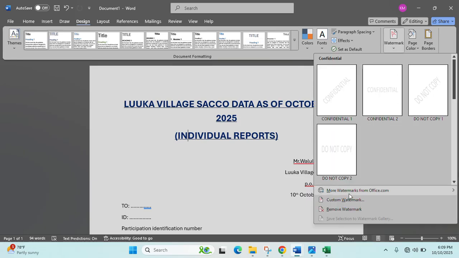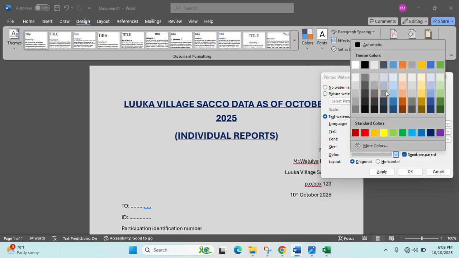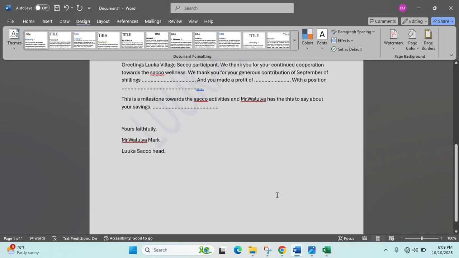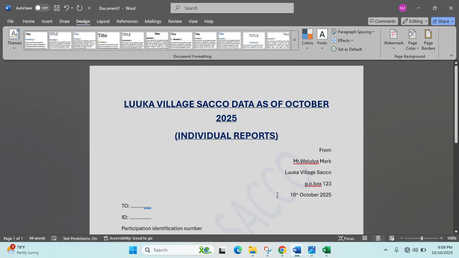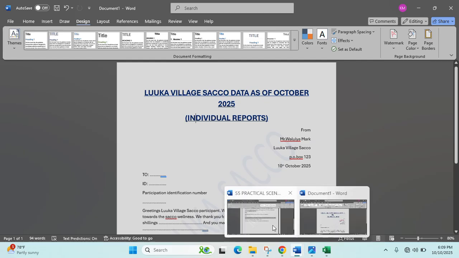I can put a custom watermark, maybe text, Luuka Sacco, and a color that is visible in my letter, Luuka Sacco. So I can now merge because the hint I'm working with was pushing me to merge